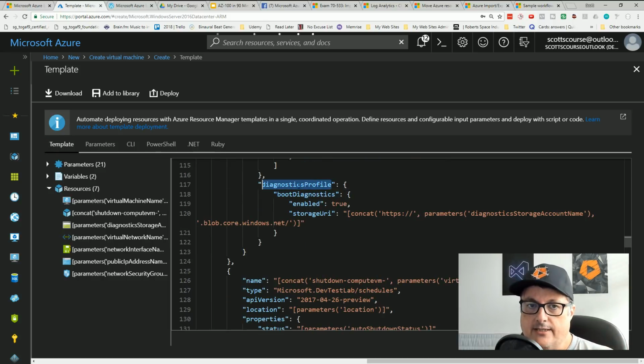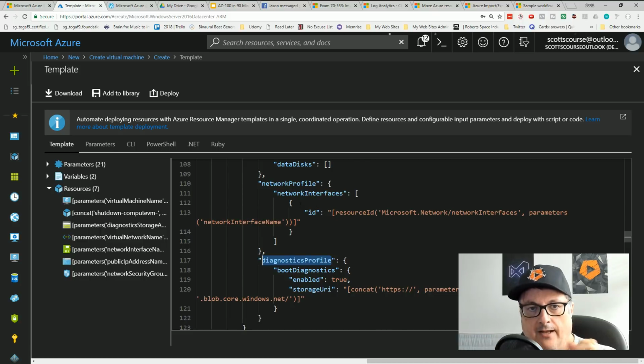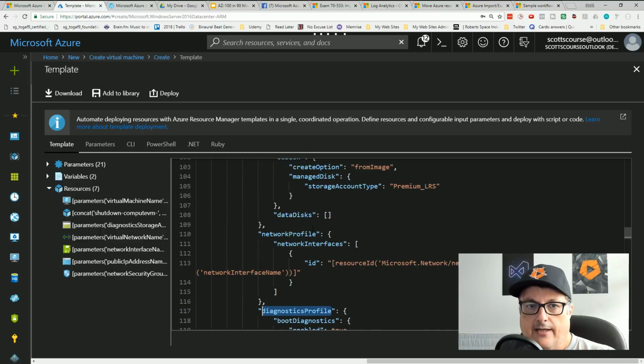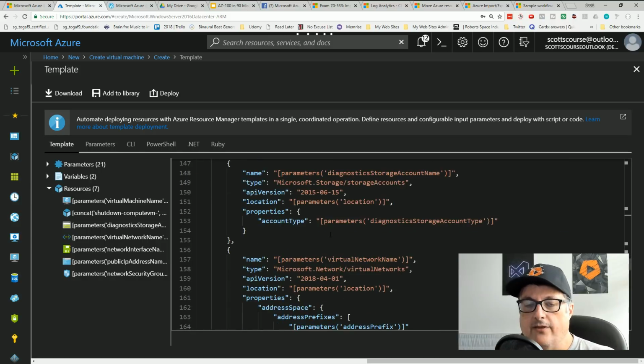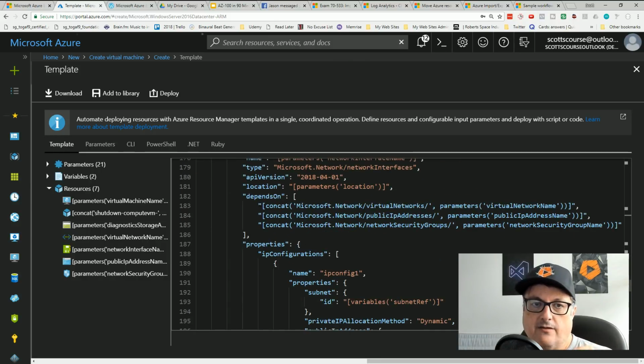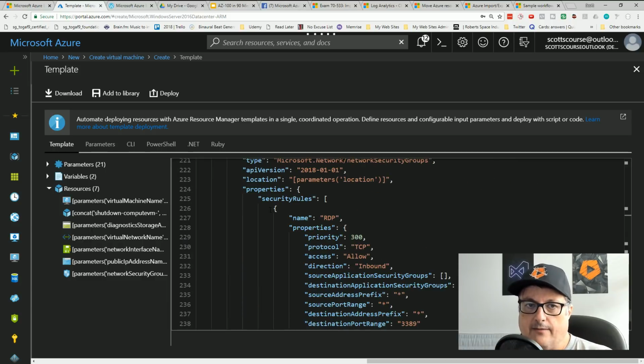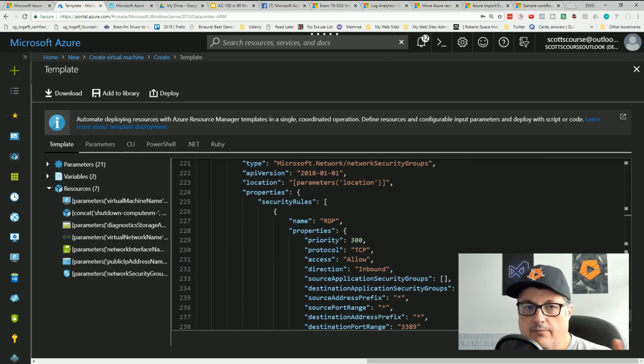Reading through this and understanding, as you go through, the parameter comes in from the parameters file, etc. Okay, so read through this, understand these name value pairs, what they kind of represent. There's a good piece of work here in terms of understanding a template file,